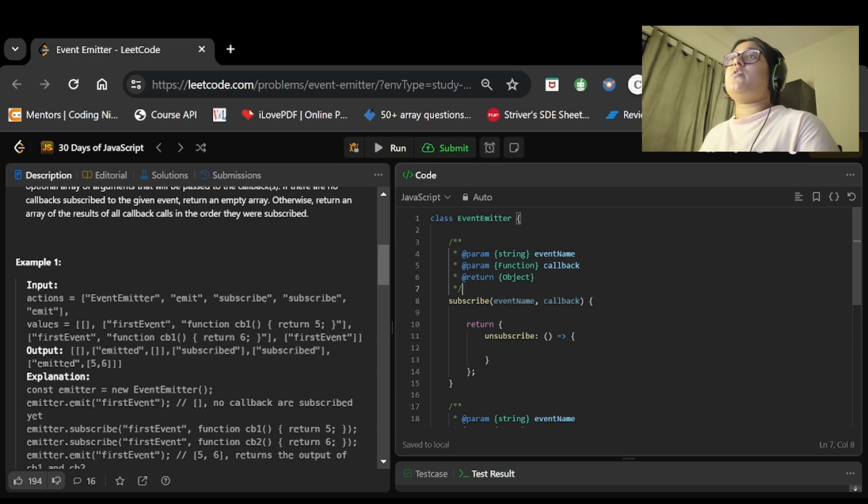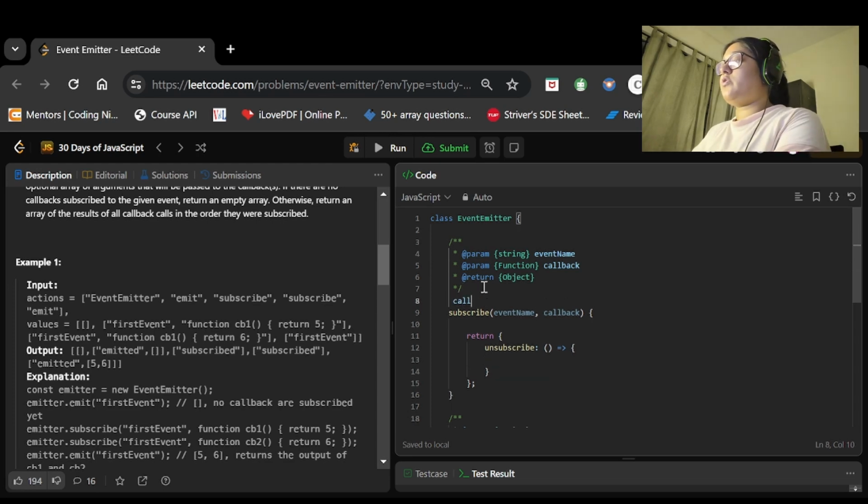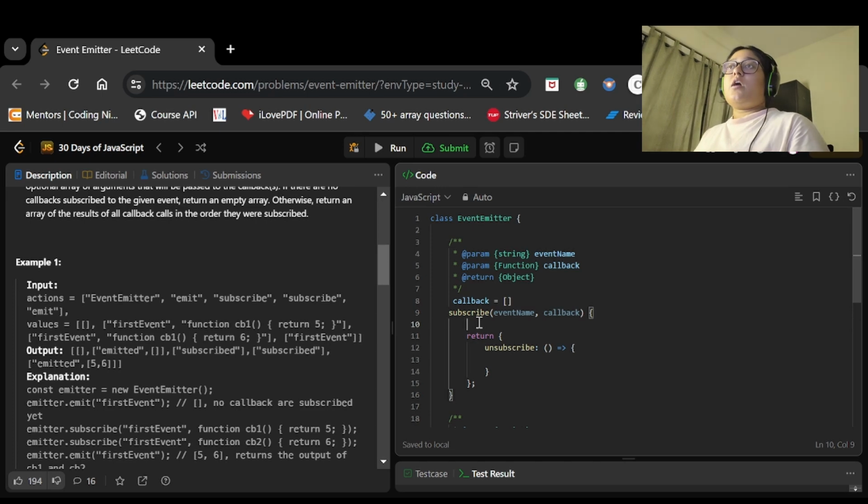Okay, now what we will do here, we will declare a variable to store the result. I will declare it as callback, and it will be an array, right? Now whenever the subscribe function was called, two things were happening, right? We were checking whatever value is there, if the value is new, then we were adding that callback function. We were having some callback function and we were pushing it into an array, where the event name was acting like a key, and in that we were pushing the callback